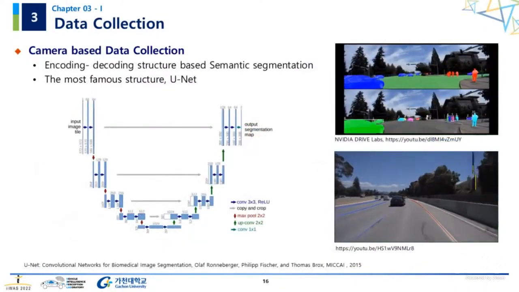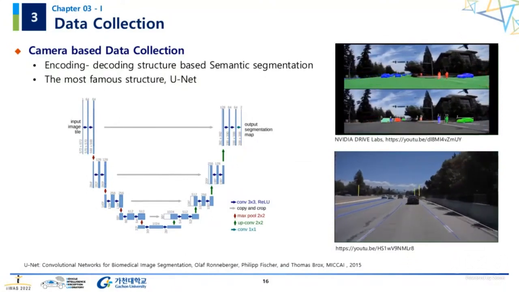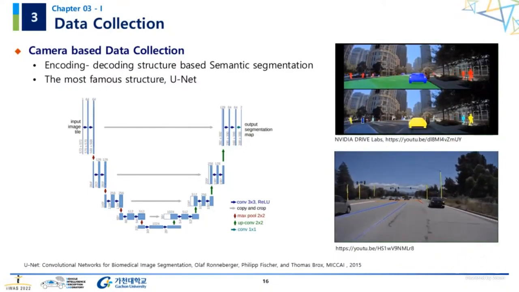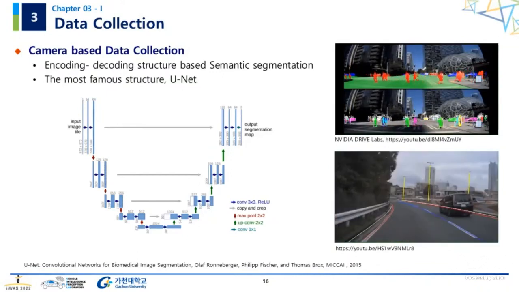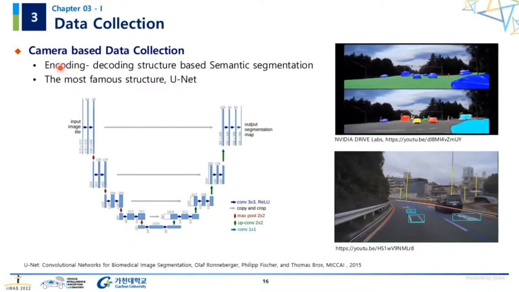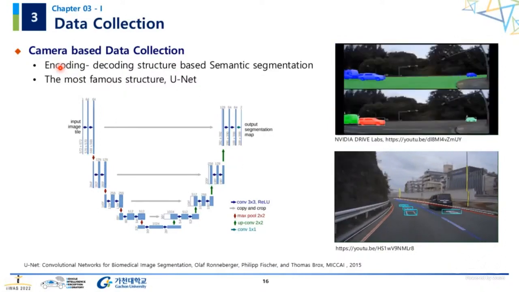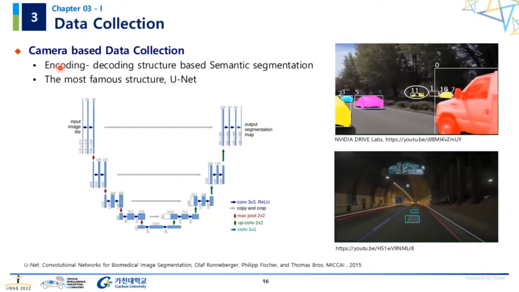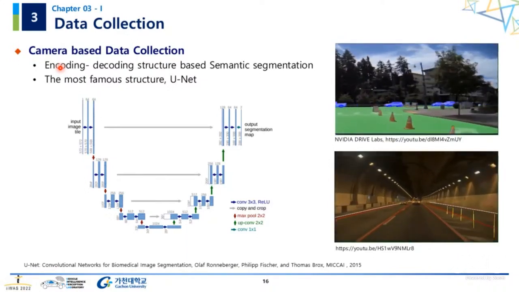In addition to object detection, it is also possible to distinguish objects at the pixel level. Semantic segmentation is the problem of classifying objects in pixel units as shown in the image on the right. To this end, in the encoding step, the dimension is reduced while increasing the number of channels to capture the characteristics of input images. And in the decoding step, high dimensional information is restored by reducing the number of channels and increasing the dimension using only low dimensional encoded information.